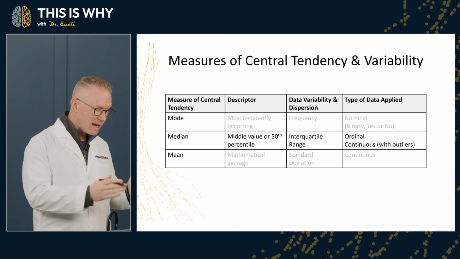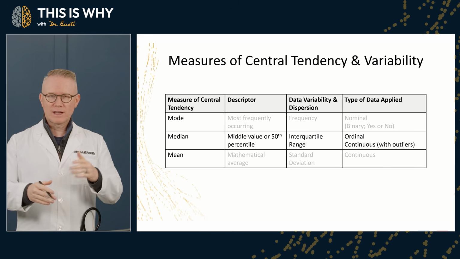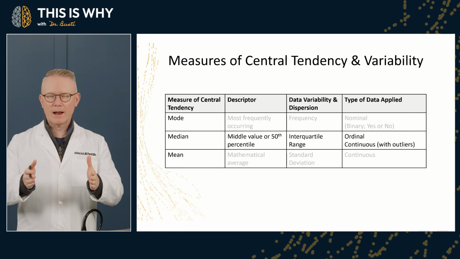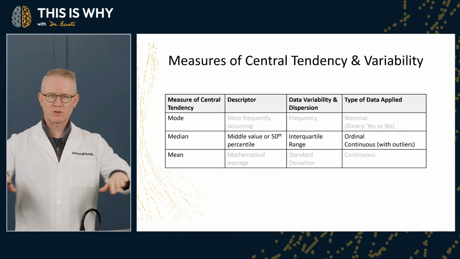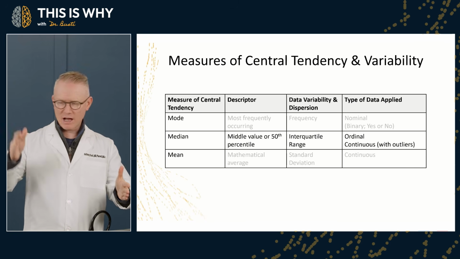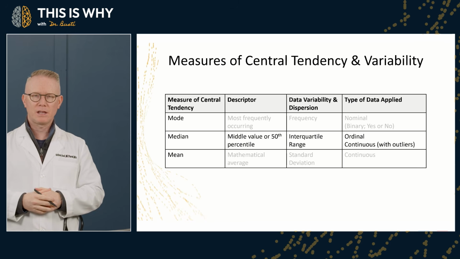And so that gives us what is called the interquartile range. That gives us the 50th percentile, the 50% of the data. We don't care about those extremes. So we have the interquartile range of the 25th percentile and the 75th percentile,